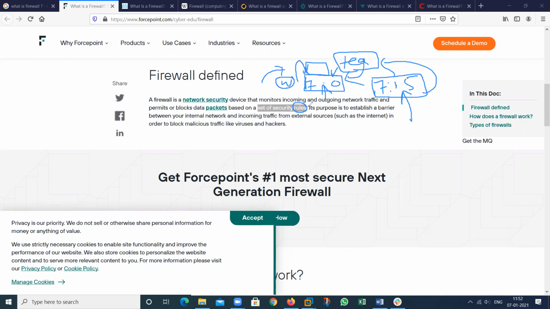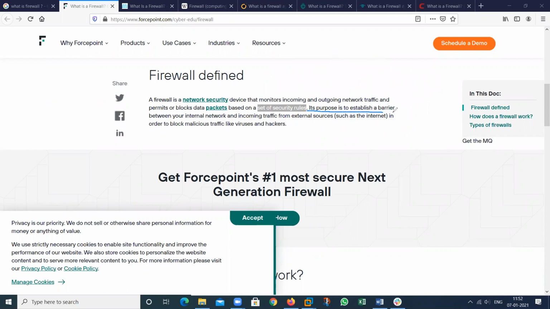So this is a rule. The same behavior works in my OS. In OS, we have a program. The program name is firewall. So if I have applied any rule through the firewall, then that type of behavior will be provided by this particular firewall. So see the next one.